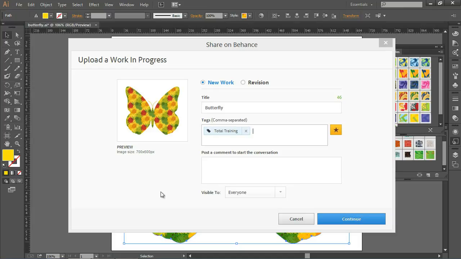And I'll call this, let's say, Illustrator, comma. Now, if I've used tags before and I want to reuse them, I can click the little star here, and then I can insert those tags. By the way, you have to have at least one tag. If you don't put in a tag, it's going to give you an error. And now I'll type in a comment, and I'll say, created for